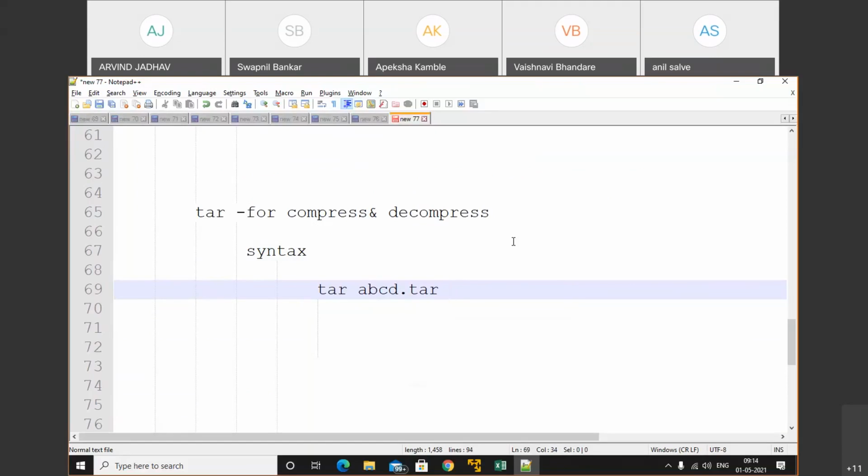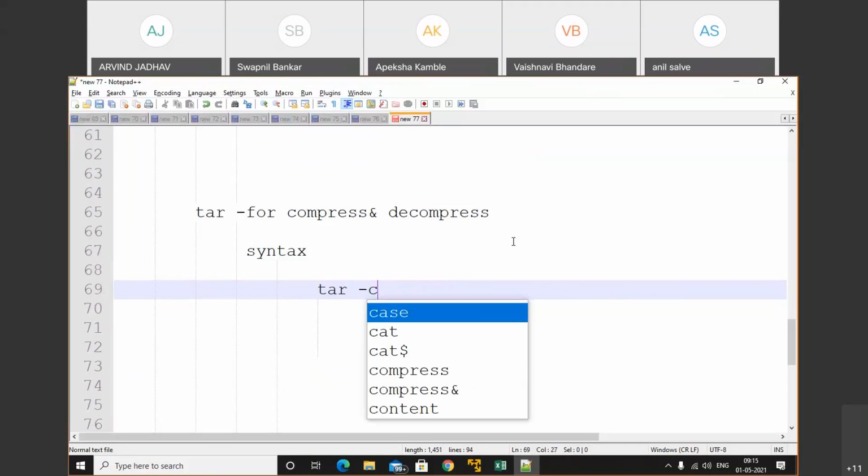But we'll discuss some concepts also, and after that we will do the practical. Simply, we'll discuss first tar, and after that we need to provide some options.